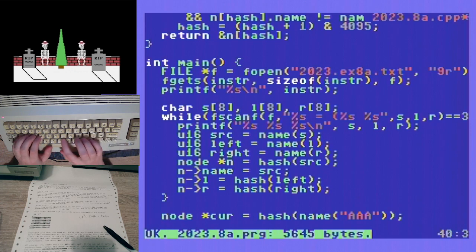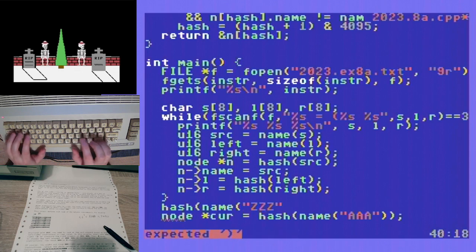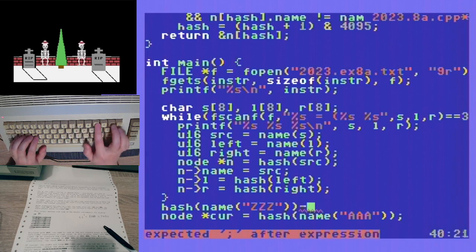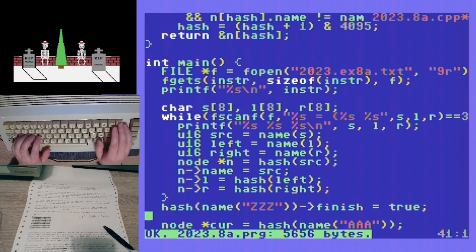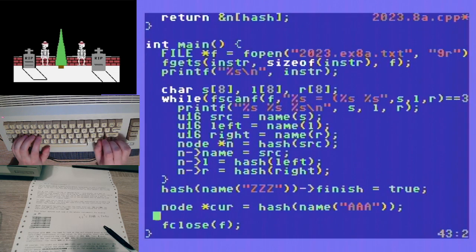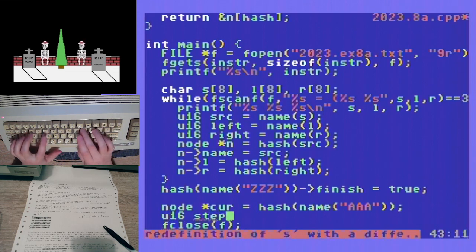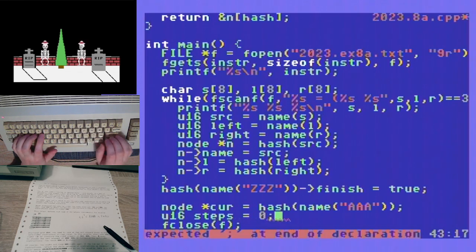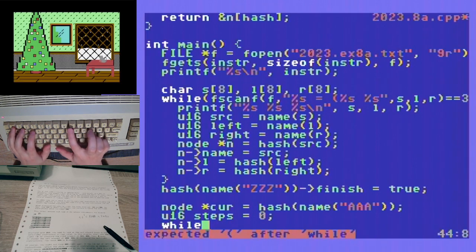And hash name ZZZ is a goal node. U16 steps equals 0. While